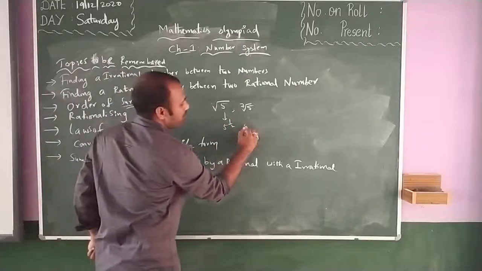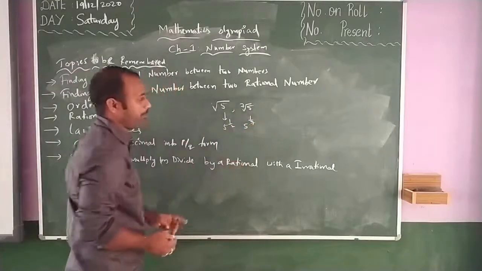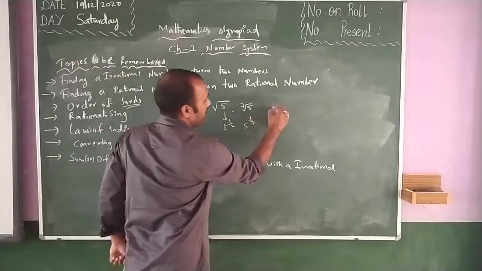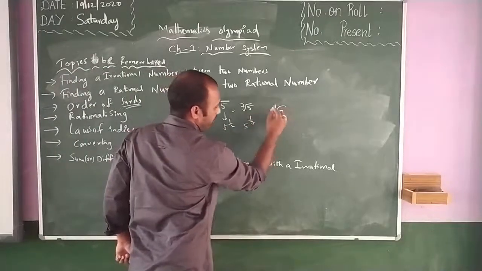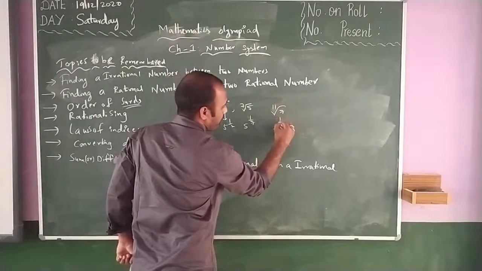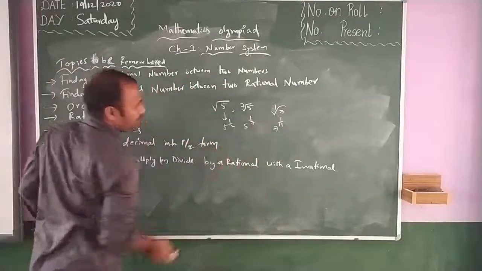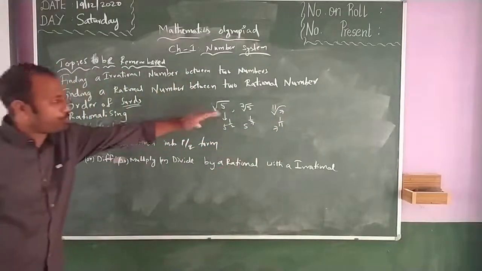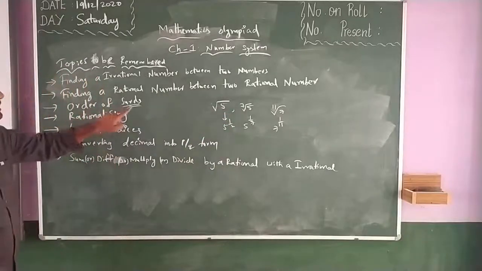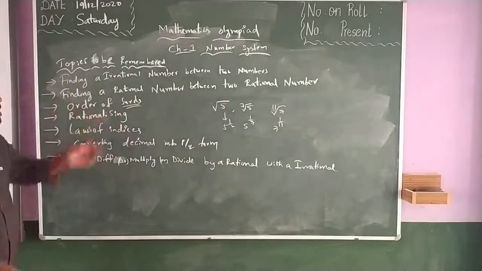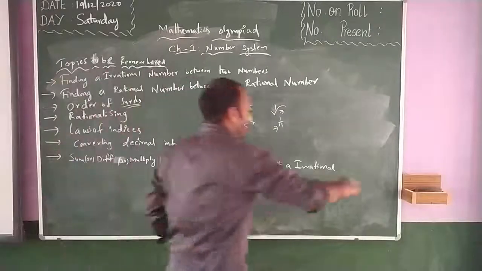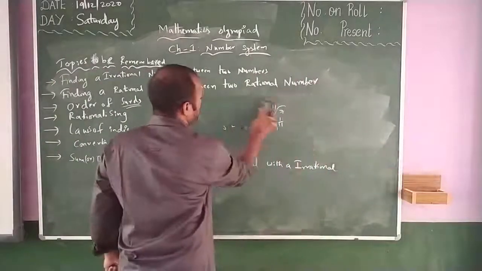This can be written as 5th root of 7, 7 power 1 by 5. Next if I write 11th root of 7, it will be 7 to the power of 1 by 11. So these are all what we are going to call surds, which are in the form of root numbers. Now let us discuss the order of the surds. Let us take one example for discussing this.